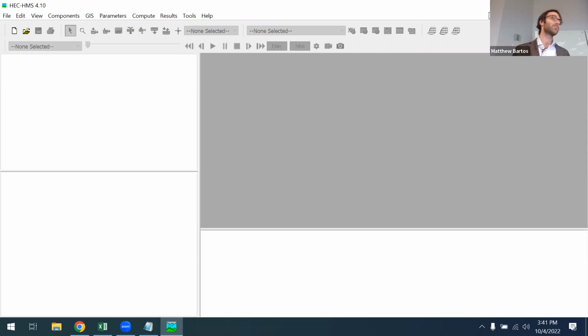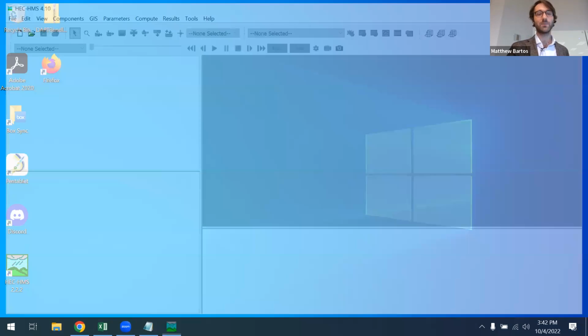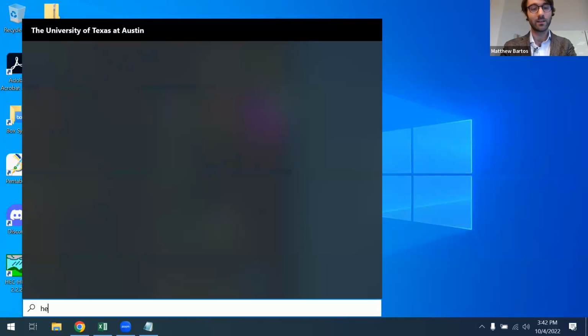And at the end, we're going to explore how changing different model parameters, namely the impervious area and land cover, affects the stream flow response downstream. So we're going to basically, in software form, do what we've been talking about for the past 2 or 3 weeks. Okay, the full rainfall runoff modeling process. So let's go ahead. I'm going to open up HEC-HMS 4.10 again.